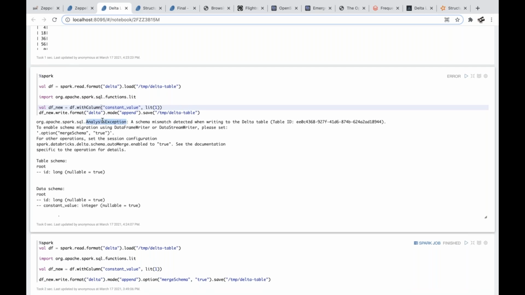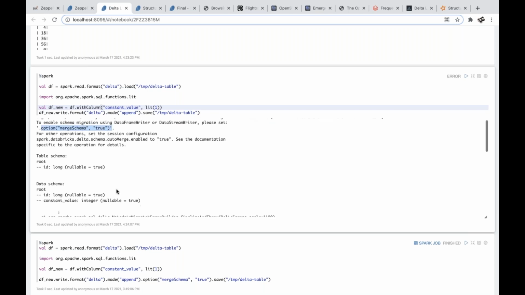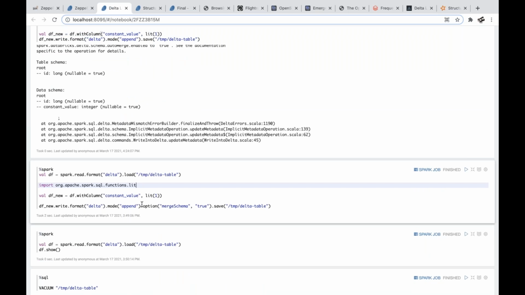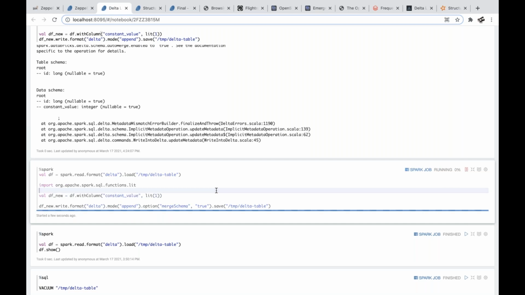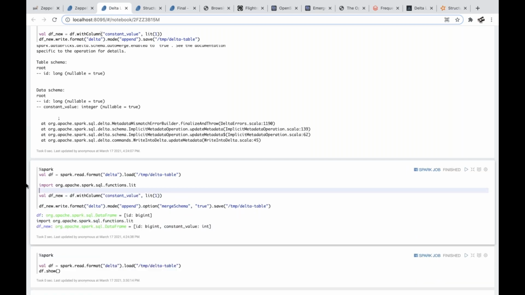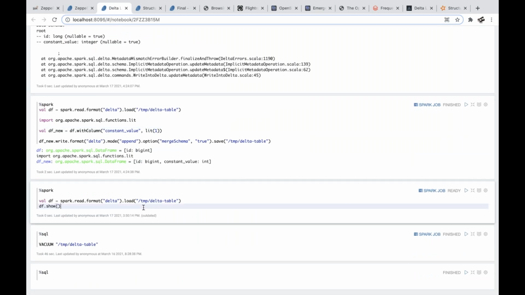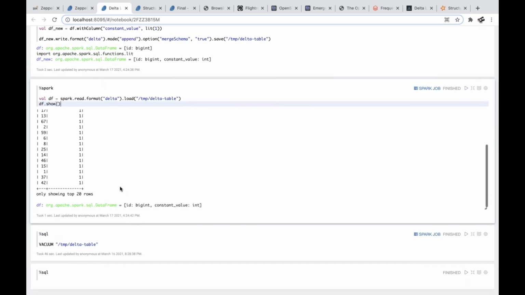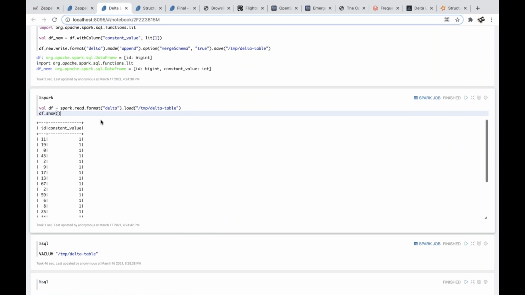We got an error, analysis exception, right? A schema mismatch detected. But we were saying that it should be supported. Yes, and it also gives us a hint. If you would like to use it, you need to set the merge schema option as true. Okay, the next step does it. We have merge schema and it is appending, and let's see. Okay, now everything worked. I would like to see the results. Voila, we have it all, and we just did a schema change without any issue, and we read it.